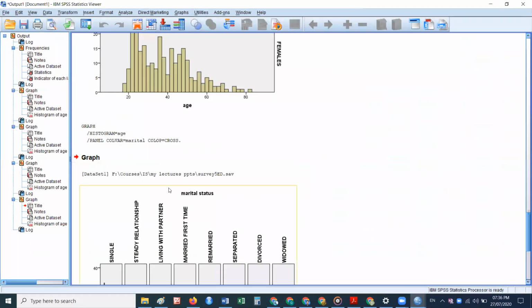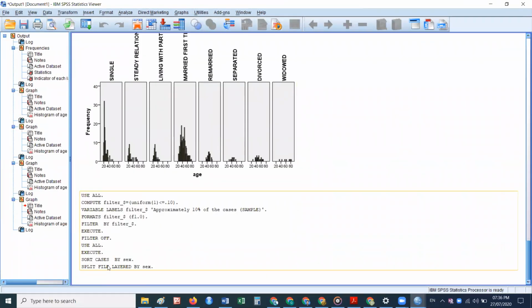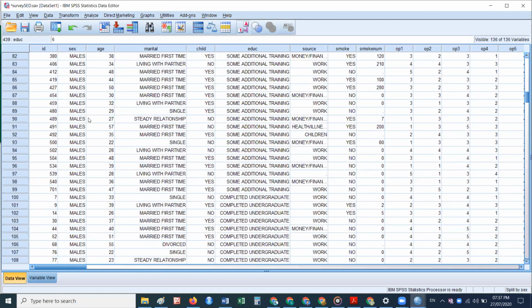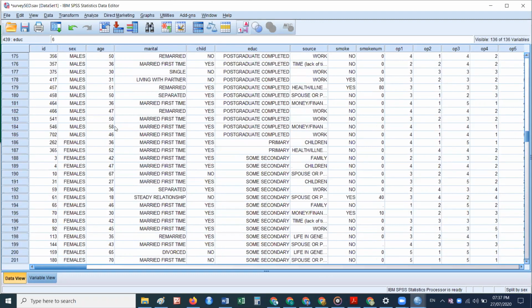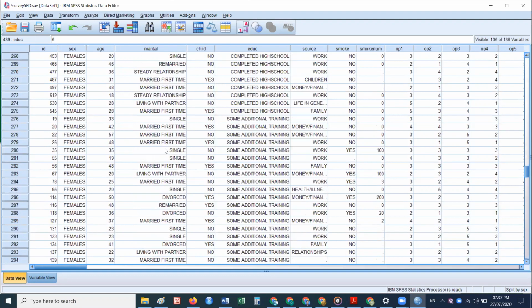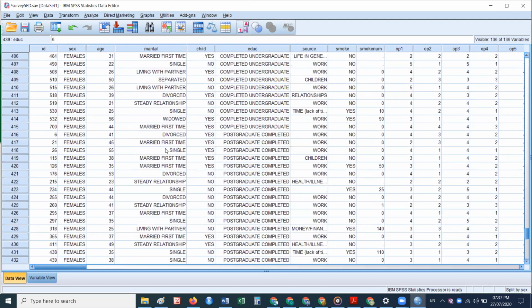What is the output? You can see the file is split into two segments. The data of males is from 1 to 185, then from 186 onward we have the data of females.